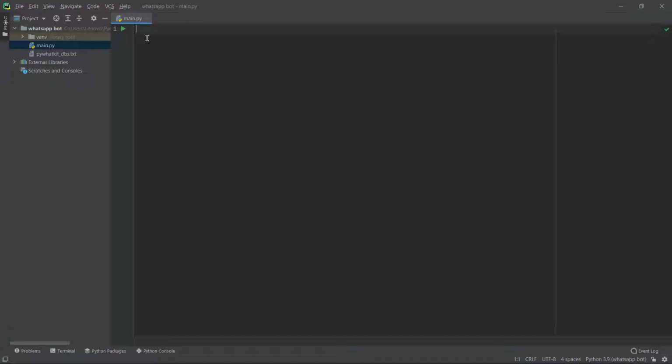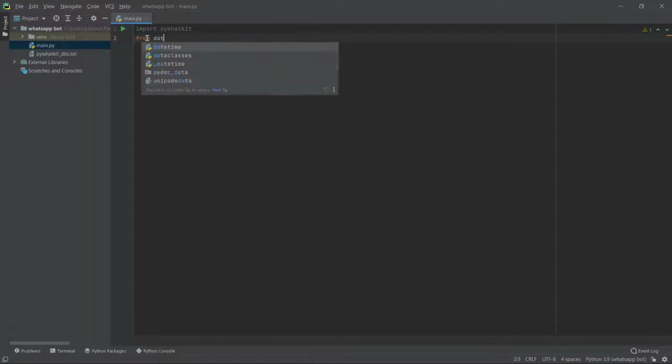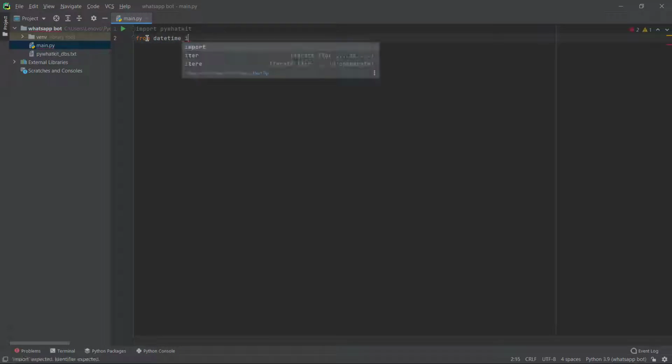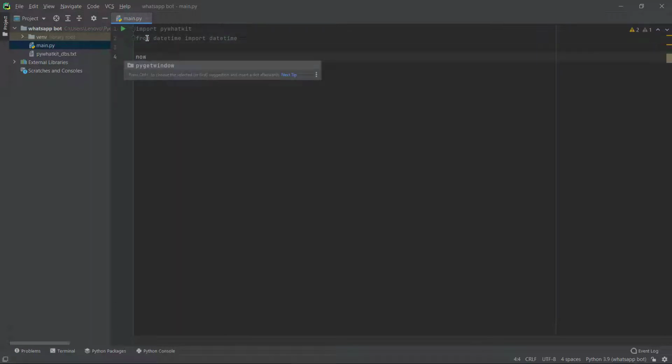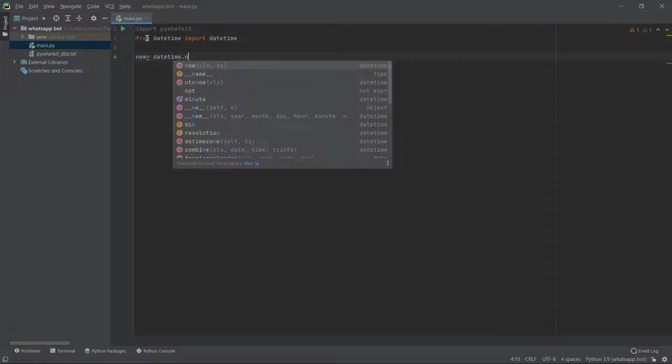So first of all type import pywhatkit, press enter, then type from datetime import datetime, so it will be importing the time system. Now type now is equal to datetime.now(), open bracket and close bracket,